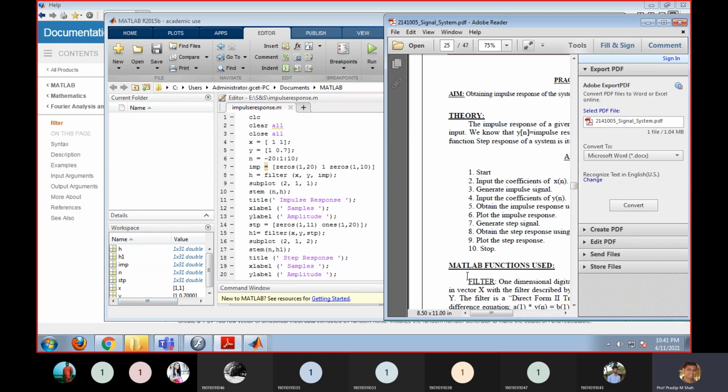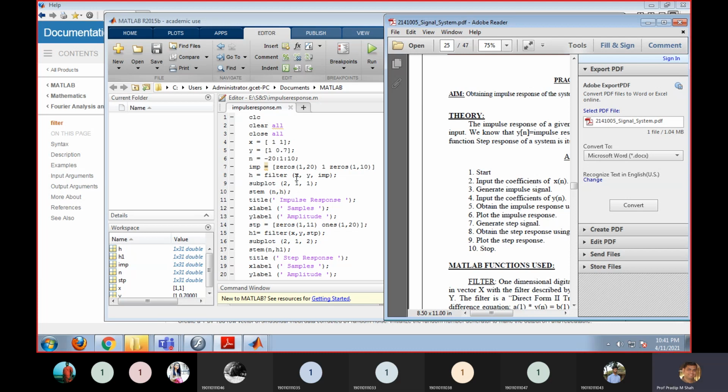What is the next thing? The next thing is that you need to define your system. Okay, so here the system is defined, instead of a and b, हमने जो example में देखा था वो a and b से define किया था, but here instead of a and b I'm using x and y. So you can use any variable, but just take care of the numerator and denominator.